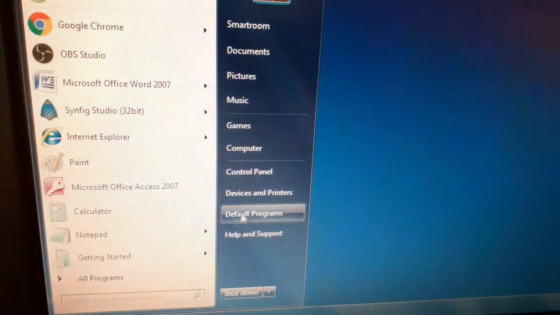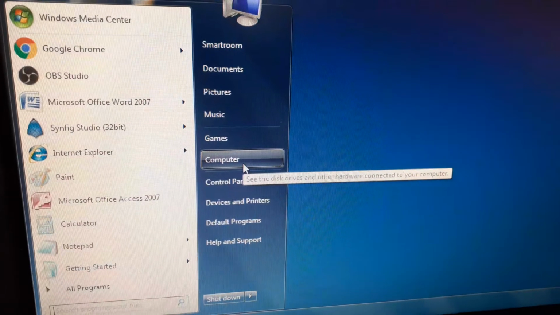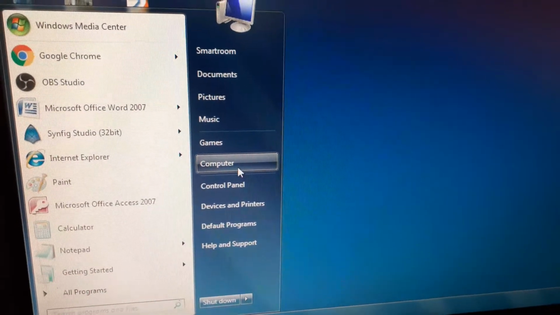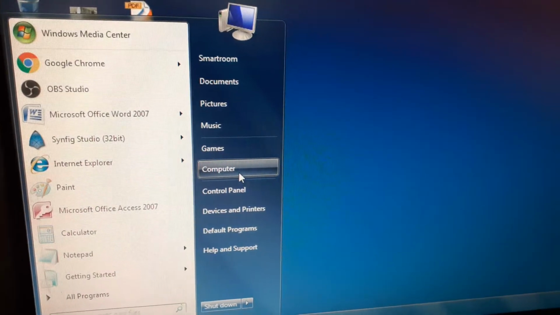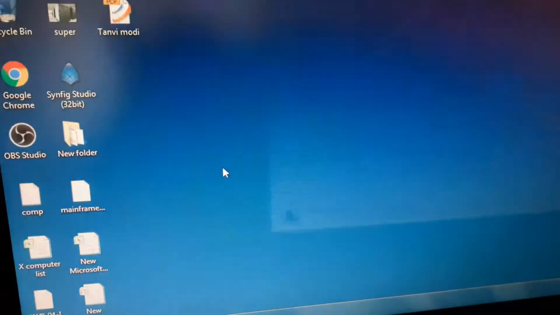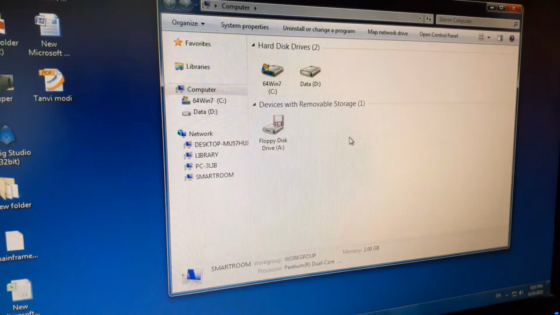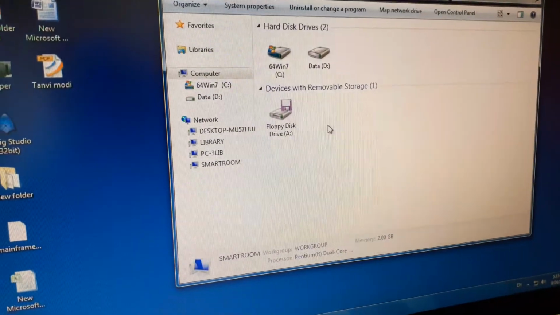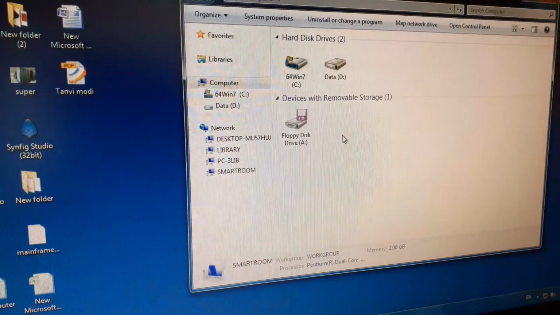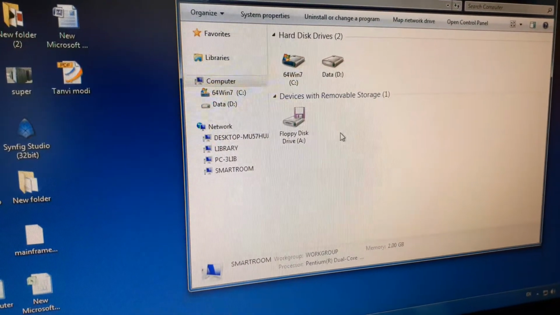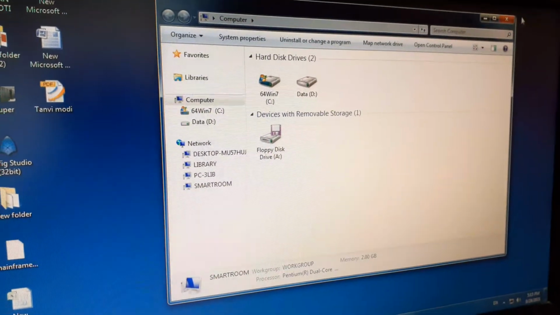Now then after that, computer opens a window where you can access the hardware. It means disk drives, cameras, printers, scanners, etc. connected to your computer. When you click on computer, you will see hard drive details, and after that other hardware parts like printers, scanners, the hardware parts which are connected to your computer. So this window will be opened.